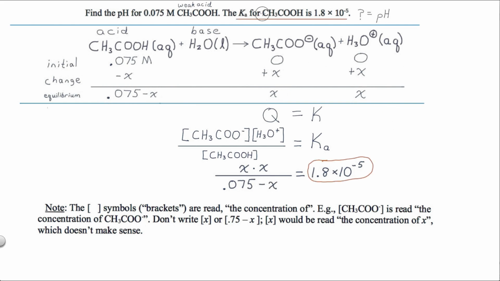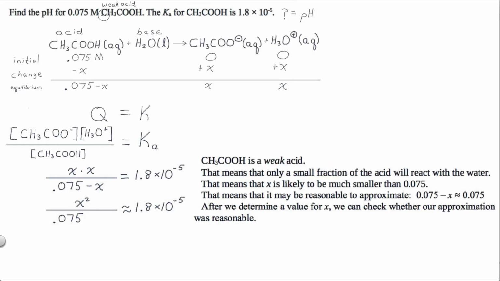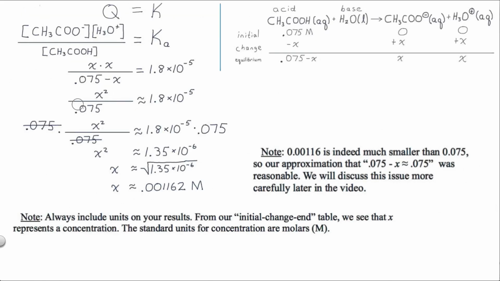The problem told us that the Ka for the acid is 1.8 times 10 to the negative 5. Now, remember that this is a weak acid. That means that only a small fraction of the acid will react with the water. That means that X is likely to be much smaller than 0.075 molar. That means that it may be reasonable to approximate 0.075 minus X as 0.075. So in this fraction, let's replace 0.075 minus X with 0.075. Now we can solve this equation for X. Our result is that X is approximately